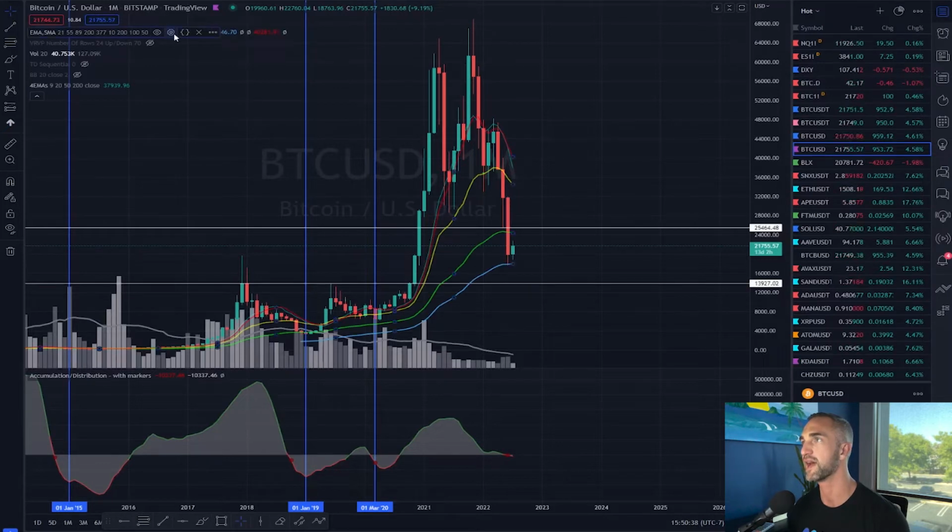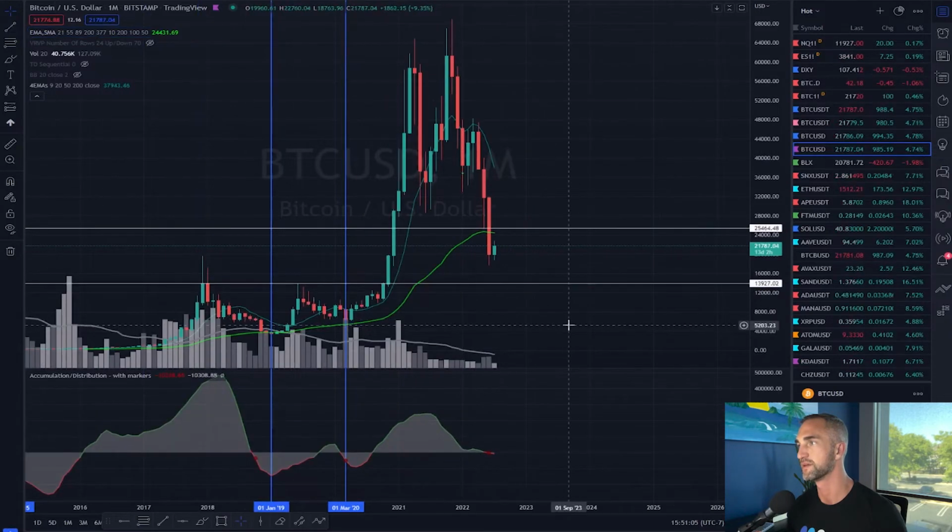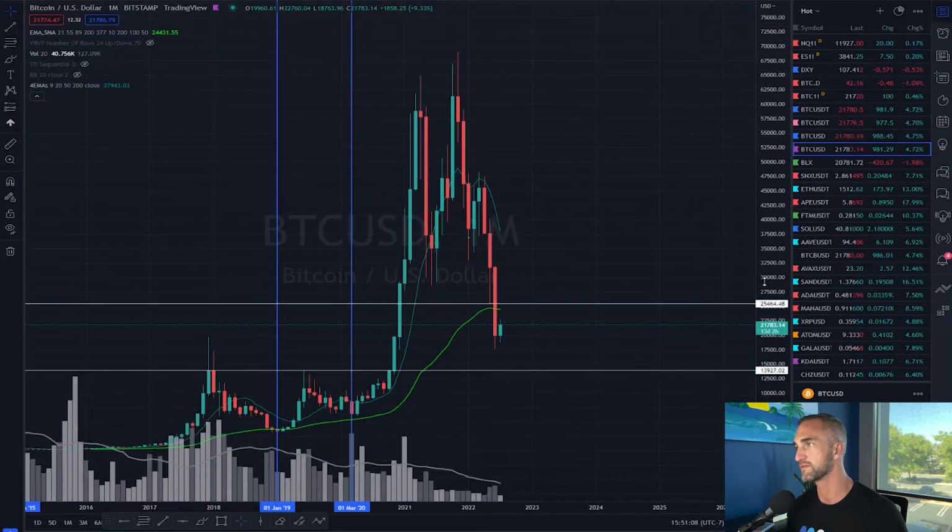So for that, all I need to do is get the settings to open up here. Don't fail me now, TradingView. Yep, you're failing me. There we go. Okay. So now we've got